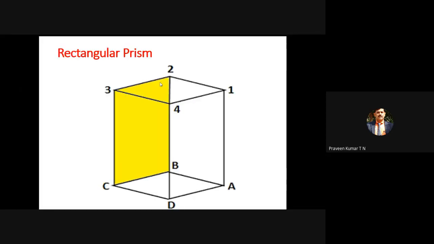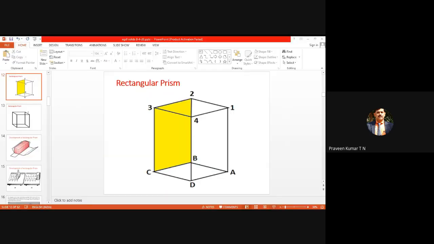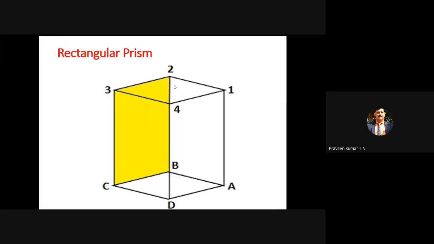So you are developing, in the sense, in the case of the rectangular prism, the lateral faces, not the top face or bottom face. You are not developing the top face. We have top face 1, 2, 3, 4. So you are removing this. Initially, you are cutting along the edges 1, 2, 3, 4, and you are removing the complete 1, 2, 3, 4 square. You are taking it out from the development.